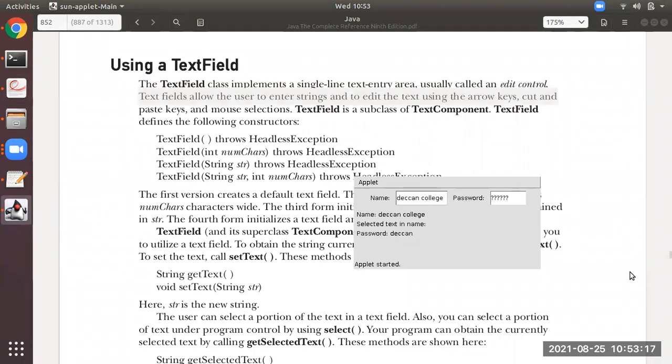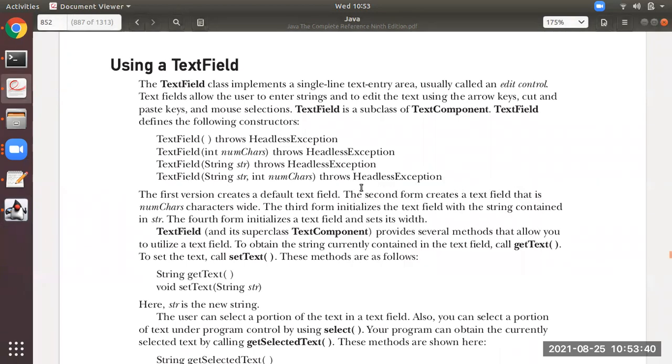See, I'm using the arrow. I'm cutting it, Control X. Okay, I have pressed Control X. It has gone. Then I will paste it here, Control V. Okay, now I'm pressing Enter. See, over here it is college. Over here Deccan. I cut from here and I've pasted here. So this also you can do, and paste and mouse selections.